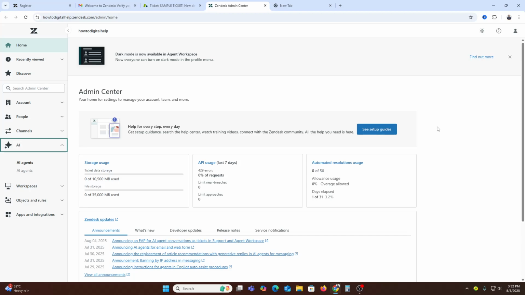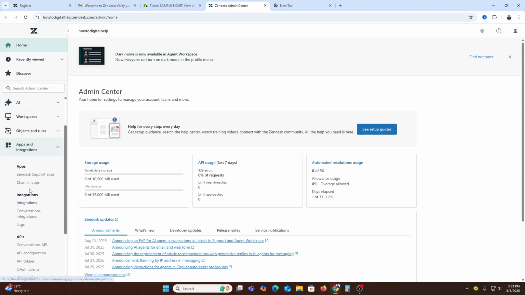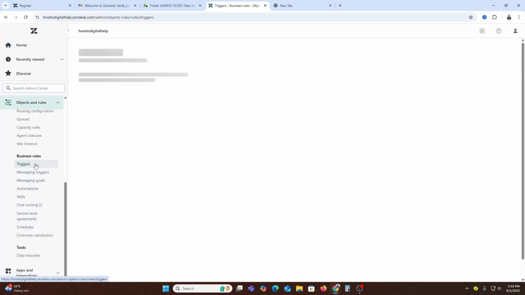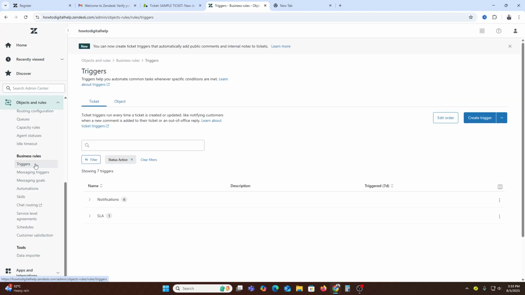Now let's talk about automation with triggers. Triggers are automated workflows. For example, you can auto-send a message when you receive a ticket email, or reassign a ticket if not replied to within 2 hours. You just need to go to the admin, then find triggers to create one. Here you can see objects and rules. You just need to go over here. From that place you will find the trigger option. You just need to enter here and set the conditions and actions using dropdowns. This helps your team respond faster without manual work, and then you can add